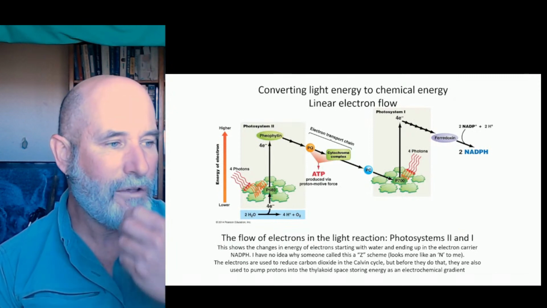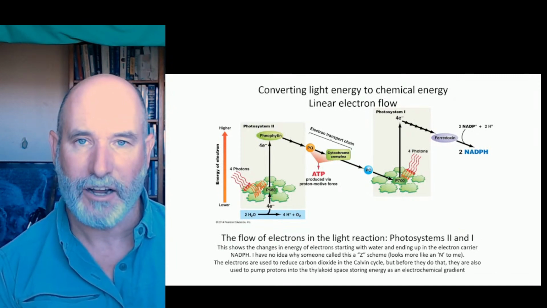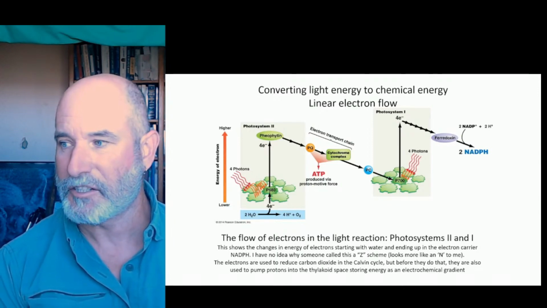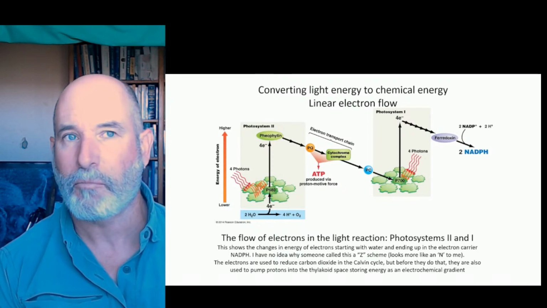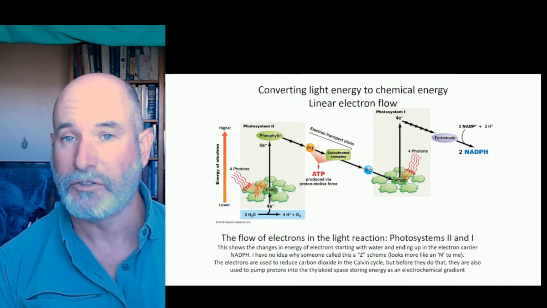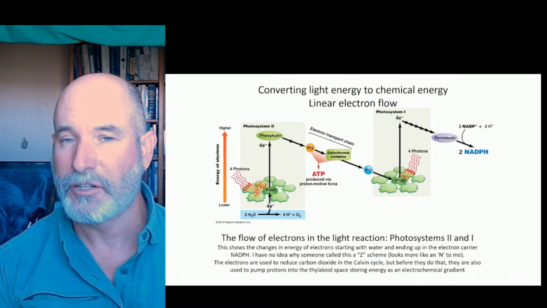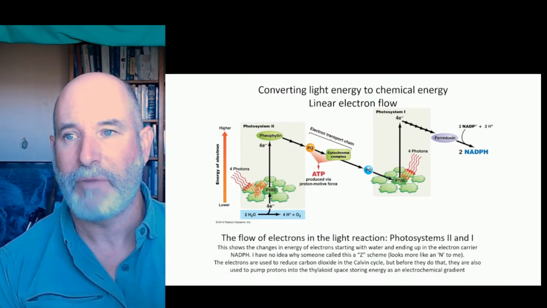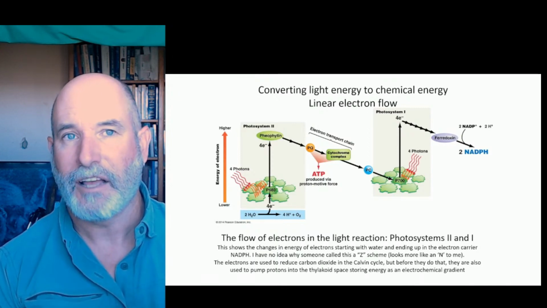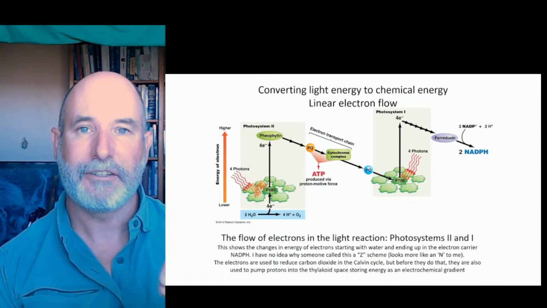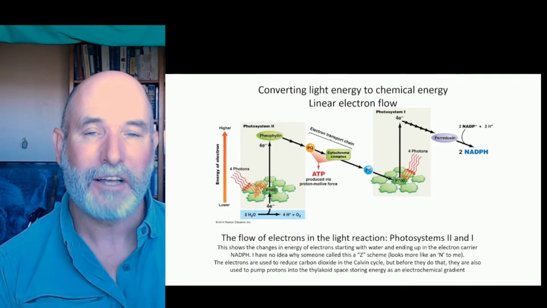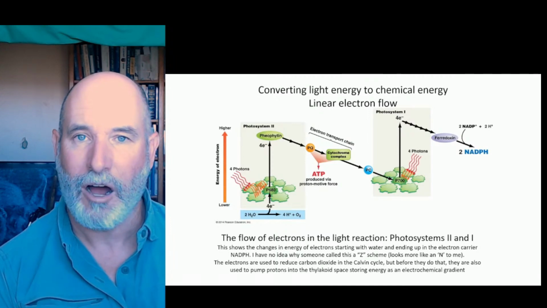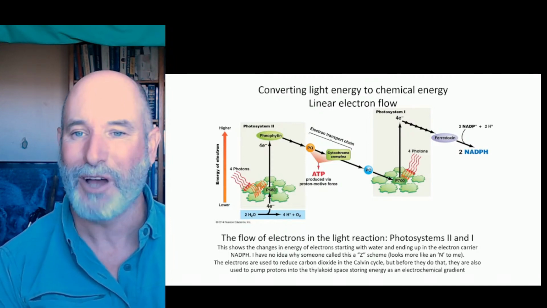So now we've got this flow of electrons, and you can see the entire chart here, where we start with the splitting of water. We're going to basically split 2 waters, get 4 protons, and an oxygen, an O2 molecule. The photosystem 2 is going to elevate it in energy. Then it's going to be picked up by that pheophytin. That's an electron carrier. And it's going to take it to plastoquinone. And then plastoquinone is going to take the electron to the cytochrome complex, which is our proton pump that will